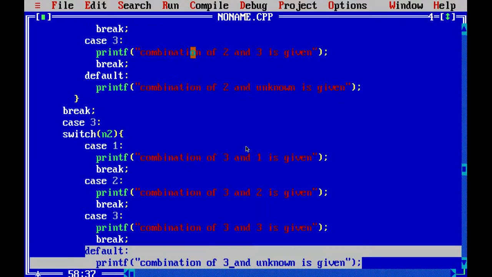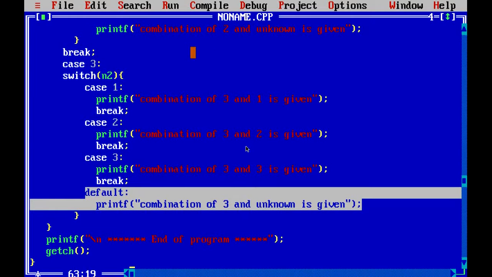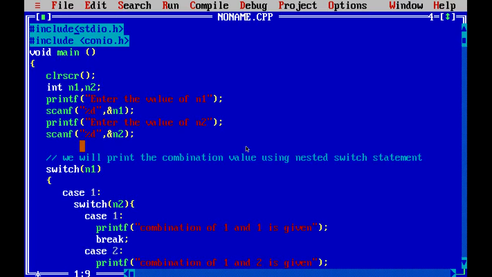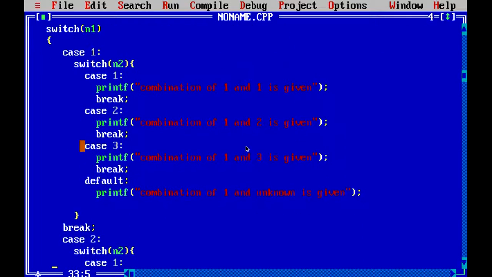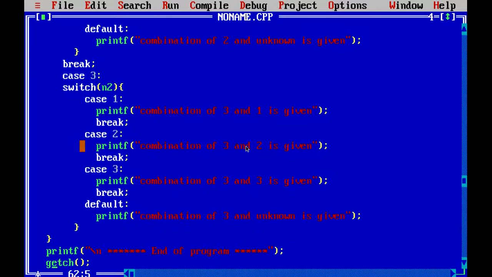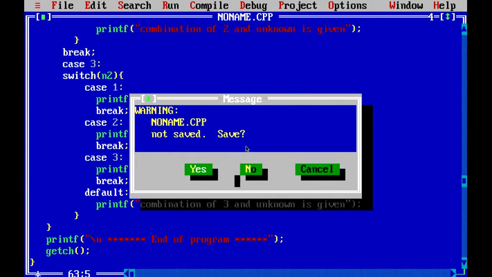So this is how you can give the values, and you can write a switch statement block inside the switch statement, and there can be a further switch statement block inside this statement that is already the inner statement. So this is the complete program that demonstrates how we can apply the switch statement and further apply the switch statement inside the cases. So that's all. Thank you so much.